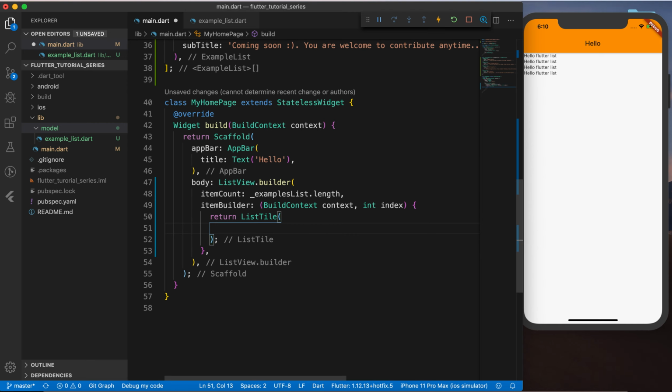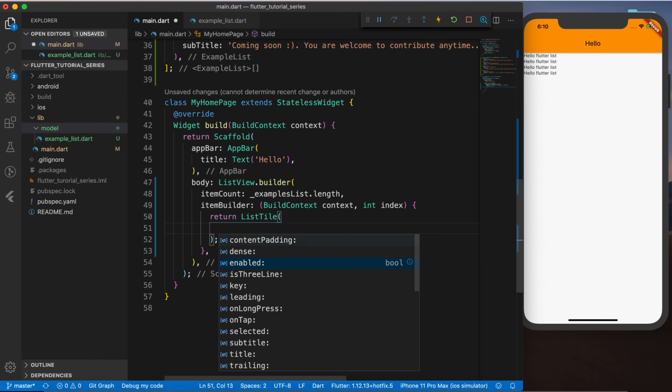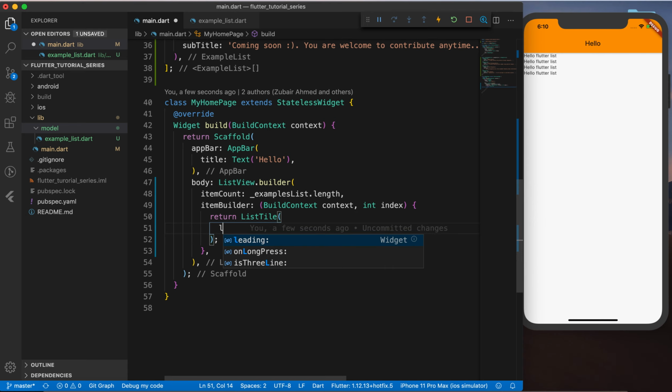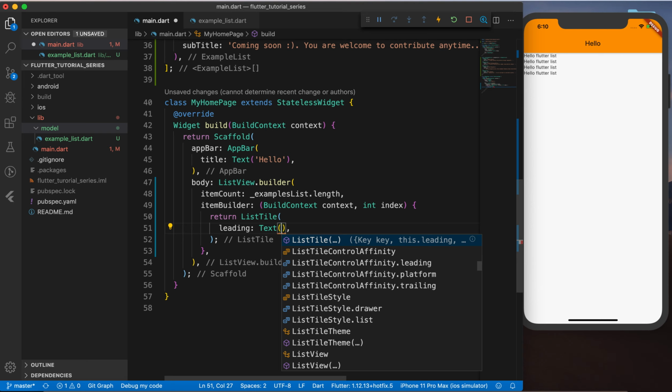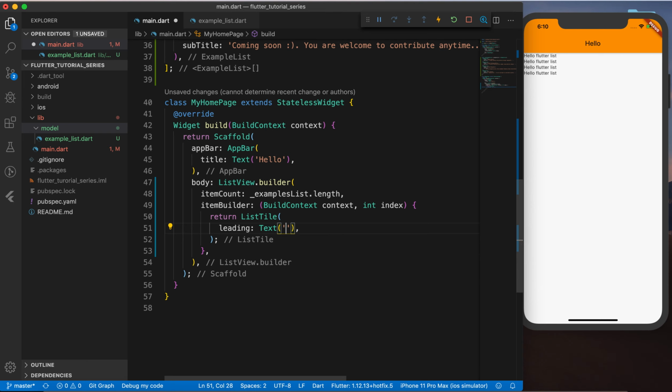So if you hit control space, you would see there are a bunch of properties you could use along with list style, and you have on long press, on tap. So it has already defined all these properties, so you could use them and you just have to perform an action. So let's say we have to define some leading. So we have a leading property and we will define a text component,